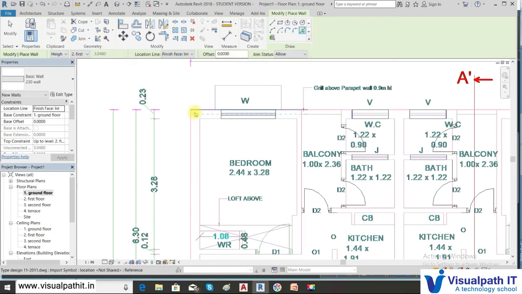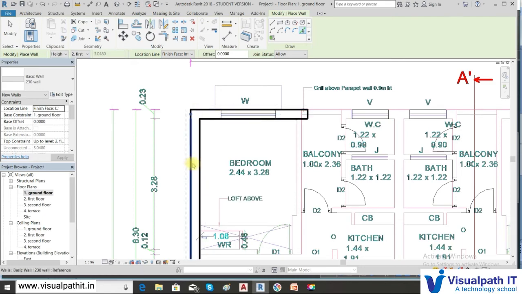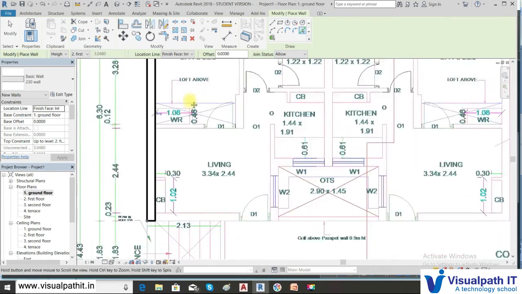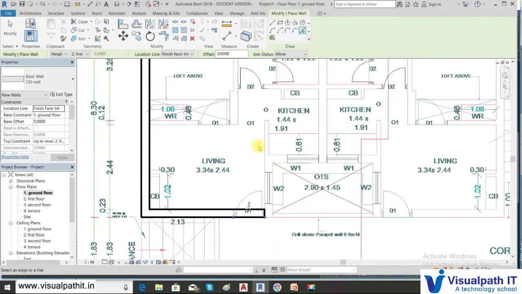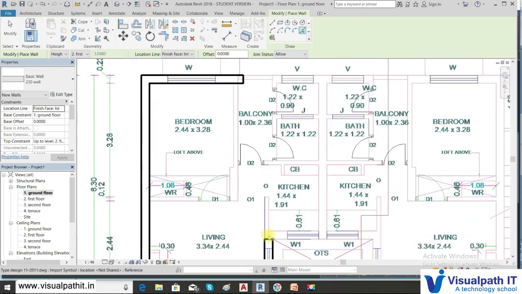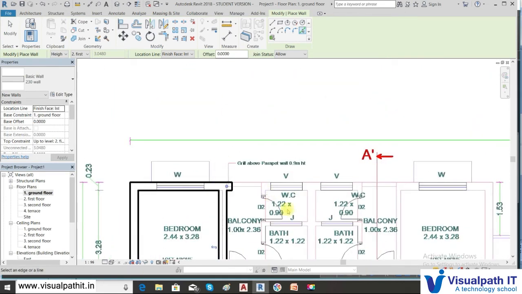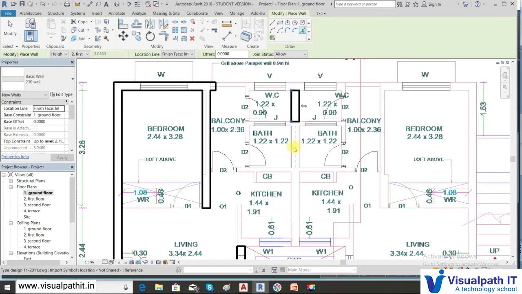You see that whenever I click here, the highlighting is shown in the inside. You can see that it is exactly fitting on the plan. So you just pick this. So this is the 230 mm wall. You can say finish face interior. You can drag it. Now since here this is a partition, we need to leave that and draw only the 230 mm walls first, and then we can pick and drag the other option.